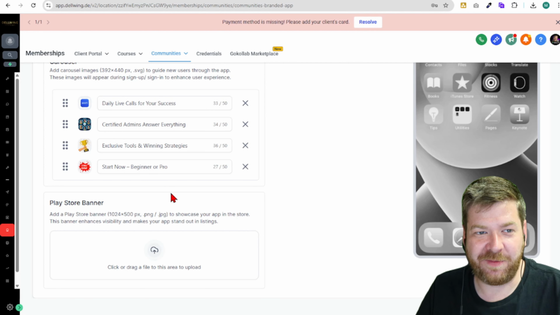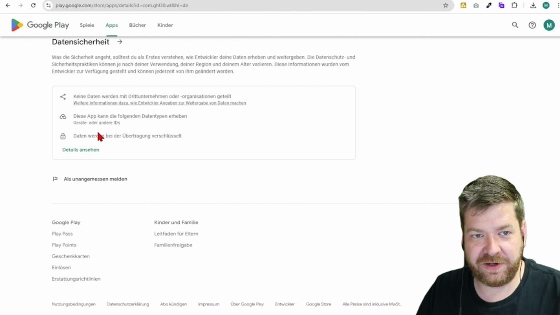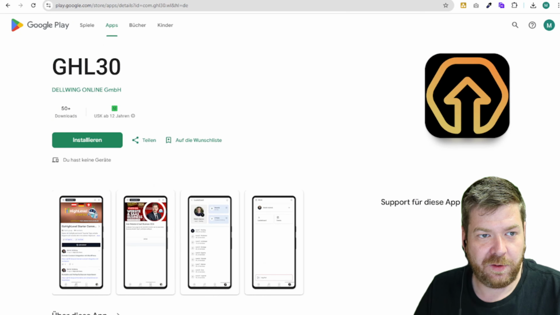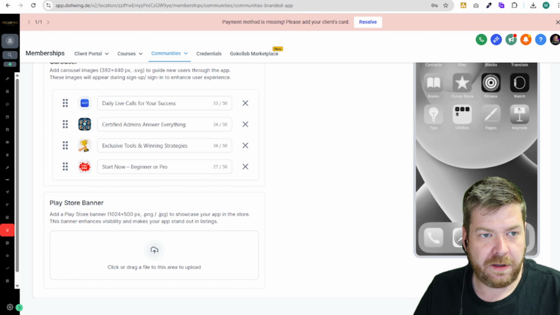Next, the Play Store banner. Here's what it looks like in the Play Store. It's that big horizontal image above the app title. Required size 1024 and 500 pixels, PNG or JPG. Open Canva,